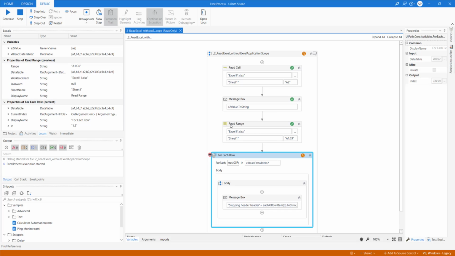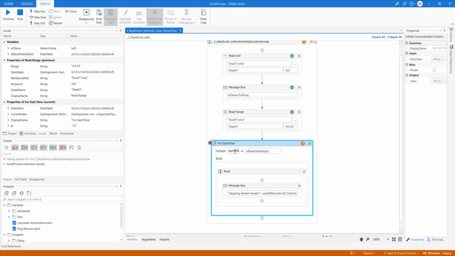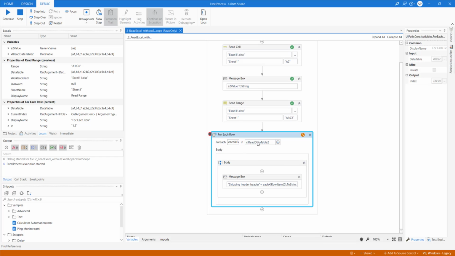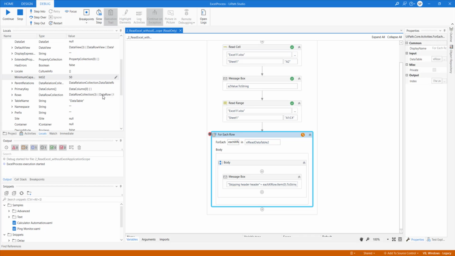Now the data which is available in the Excel file is present in this particular data table variable, and we need to do a loop over it. So for each row in this data table, how many rows are there, right? You can also look at the detailed information here.